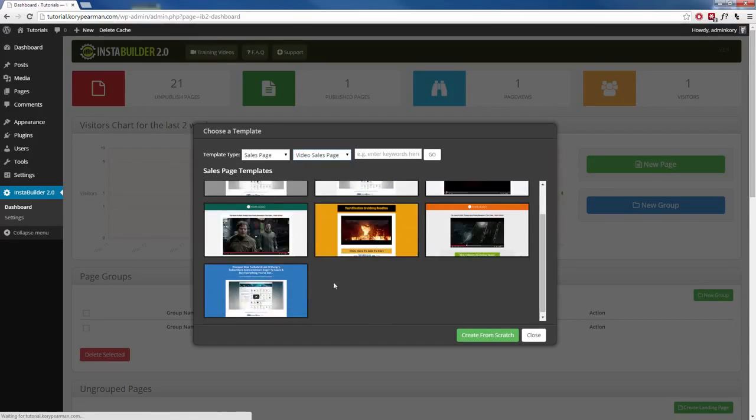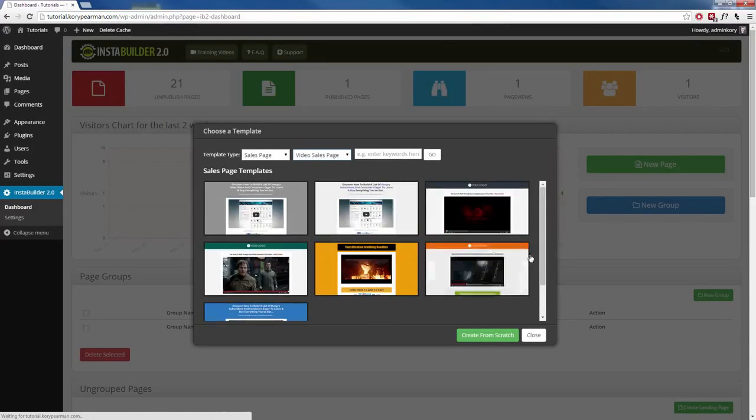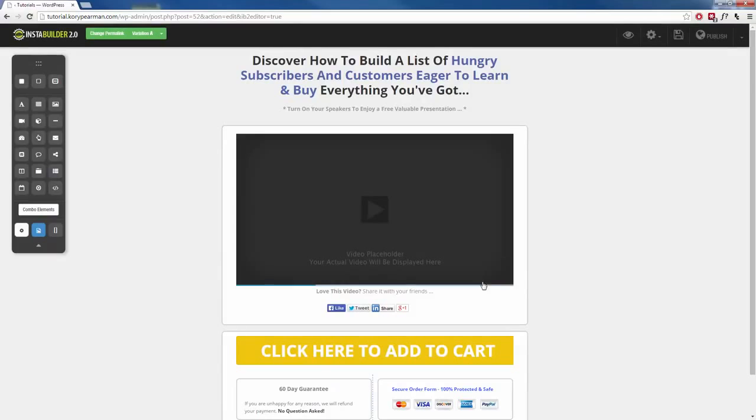Okay, so here we are. We have 7 different video sales pages that we can choose, and I'm going to go ahead and choose this one. And when you mouse over it, you will notice there's a green choose button that is there. You're just going to click on that, and InstaBuilder is going to take you to the visual editor for that template. And once that loads up inside of the visual editor, you will notice that the template is already pre-populated